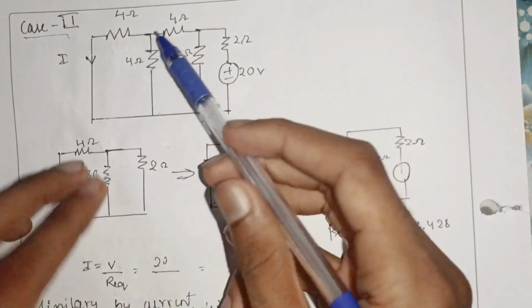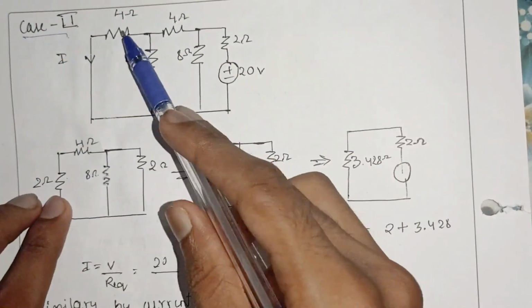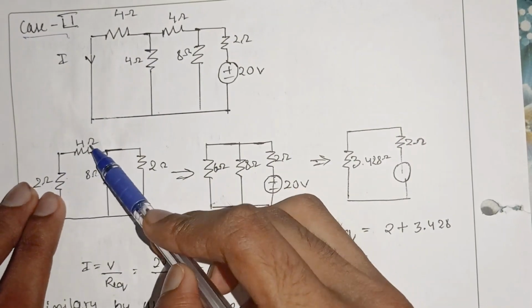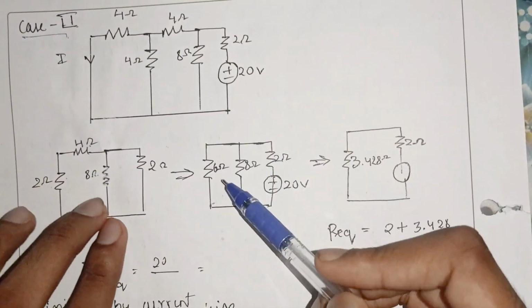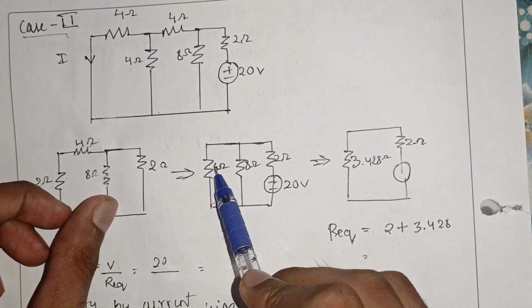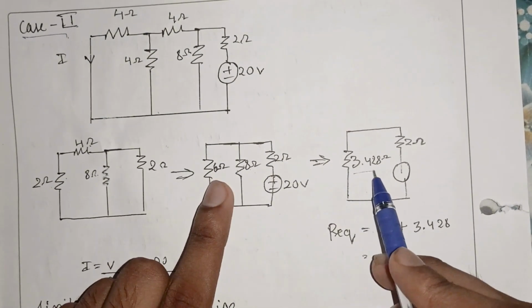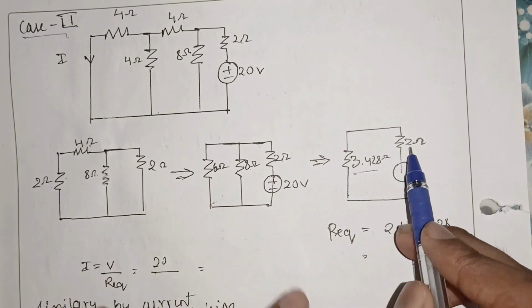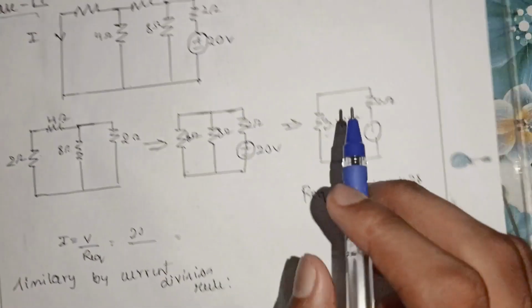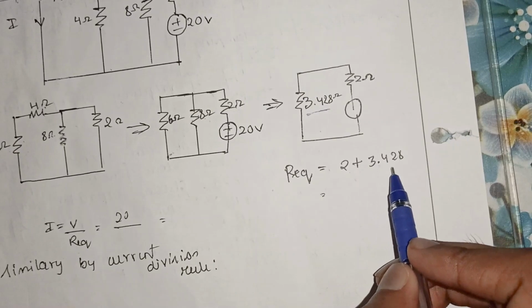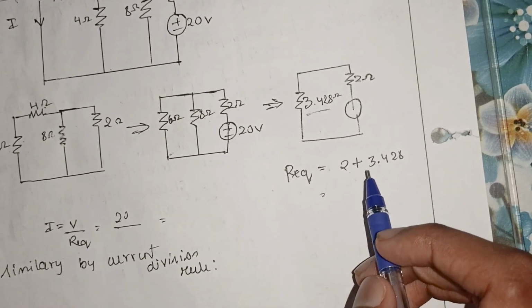2 ohm, which is the equivalent of the 4 ohm and 4 ohm in parallel, and this 2 ohm and 4 ohm are in series, so it becomes 6 ohm resistance. So 6 ohm is in parallel with respect to your 8 ohm resistance, and its parallel equivalent is 3.428 ohms. So this 2 ohm and 3.428 are in series, so you get R equivalent as 2 plus 3.428, and so you get the value as